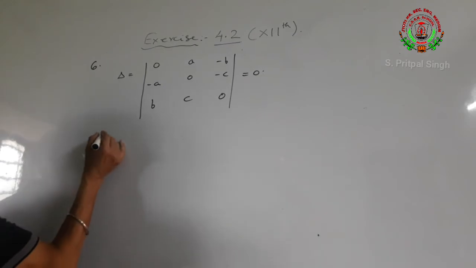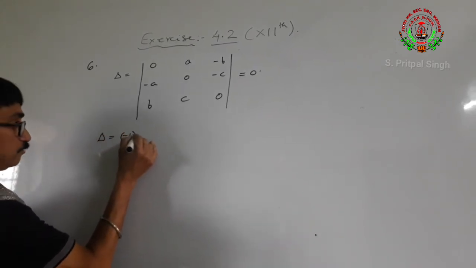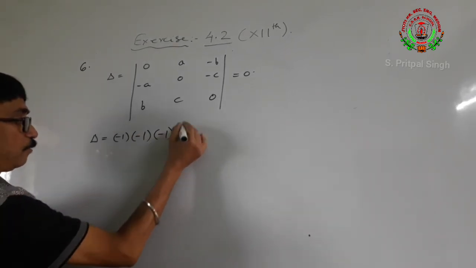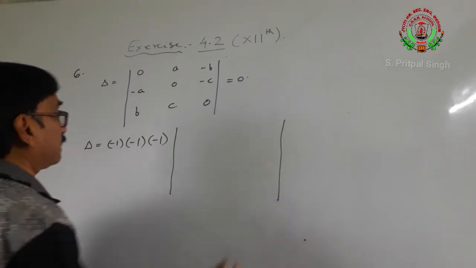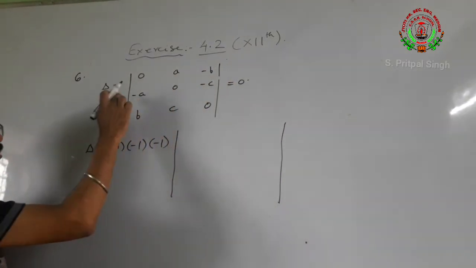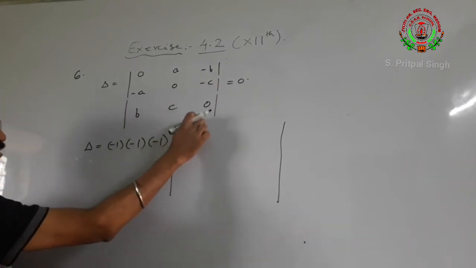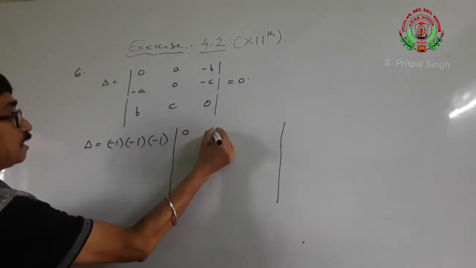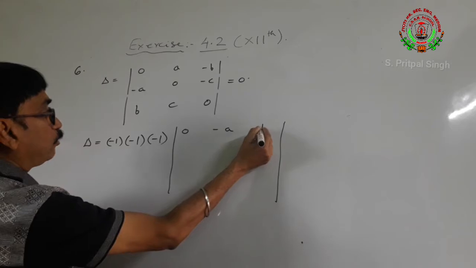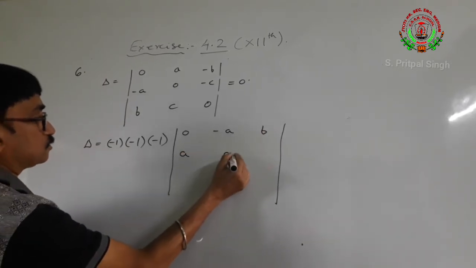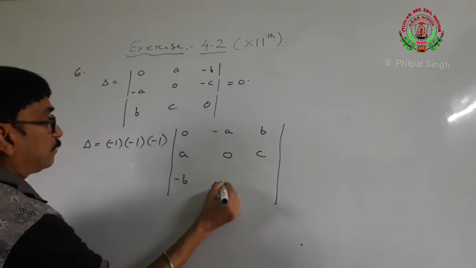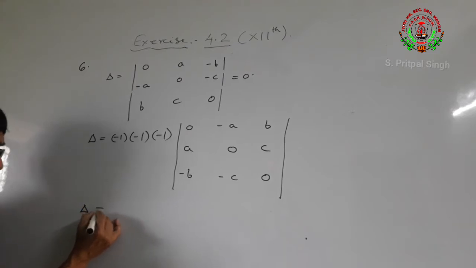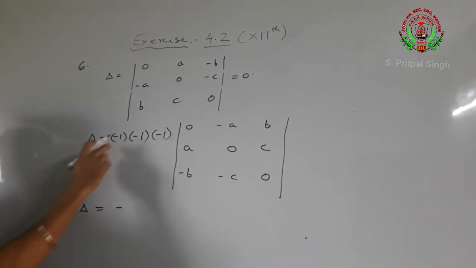What we have to do is take minus 1 common from R1, minus 1 common from R2, minus 1 common from R3. It means that we are taking minus common from R1, R2 and R3. That is minus 1, minus 1, minus 1 as a product. So 0, this element minus A, this element will become positive B, this element will become positive A, 0, positive C, minus B, minus C and 0. After taking minus common, we get minus into minus into minus,